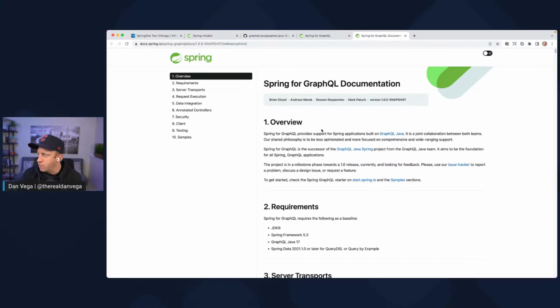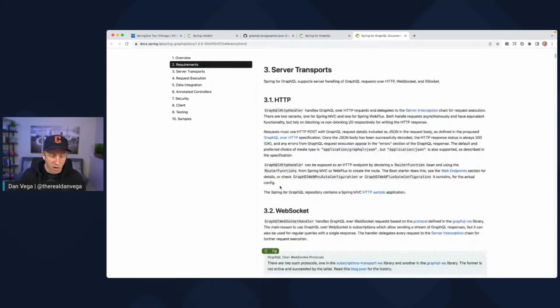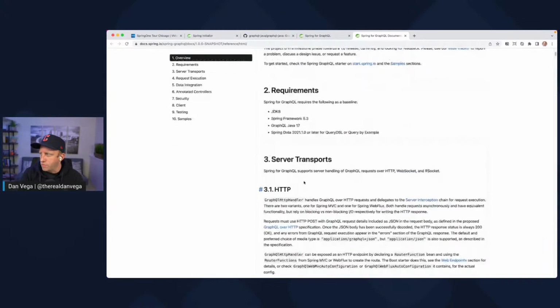I just love what they've done with 1.0. They took all the Spring, take something that's kind of hard to do, where I don't want to configure all those things, and just give me some annotations and some configuration and make everything just work for me. So that's what they've done with Spring for GraphQL, just made everything on top of GraphQL, given us those transport mechanisms. So things like HTTP, WebSocket, you can use RSocket,